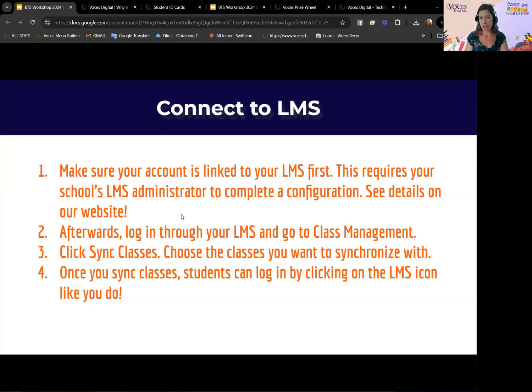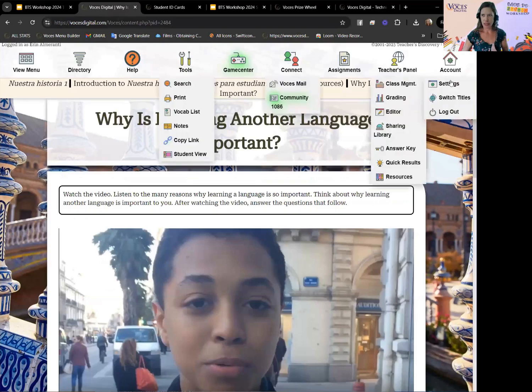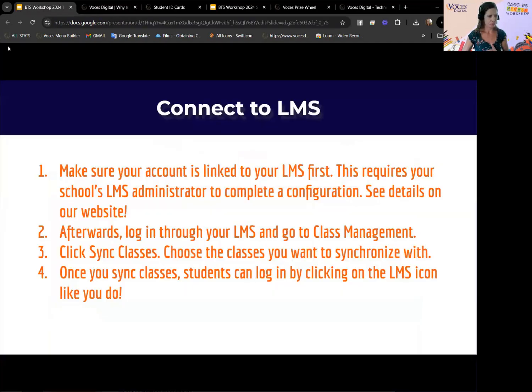Once your students are synced or linked into Voces, then all they have to do to log in is basically, when they get to the login page,